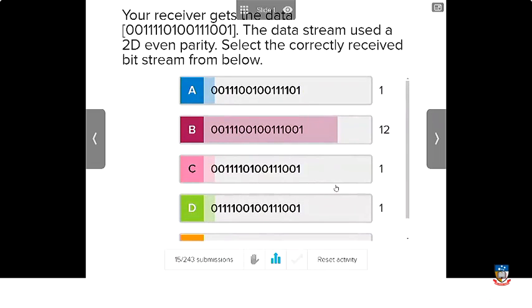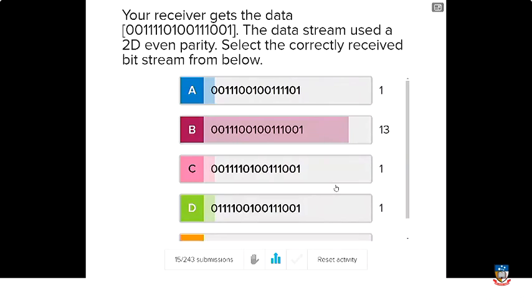So most people thought it was B, I think, from memory. B is the right answer. So how do we get that? Let's pick the empty sheet. Clearly, if you look at this bit stream, there's 16 bits. There's only one sensible way to divide this, which is into a 4 by 4 matrix, right? So if I break it up into a 4 by 4 matrix, I end up with